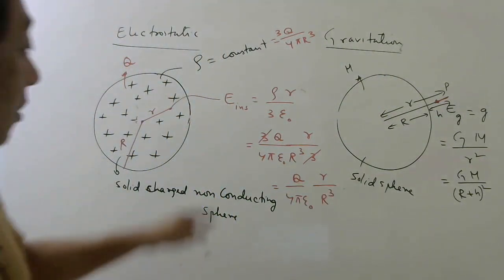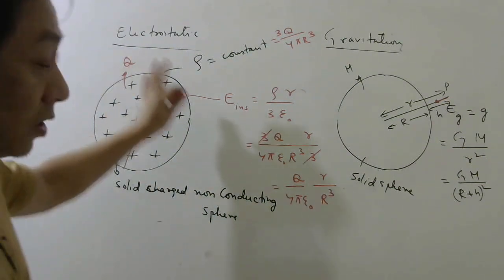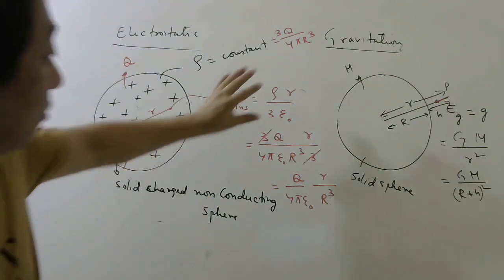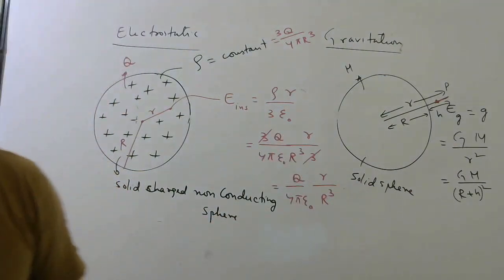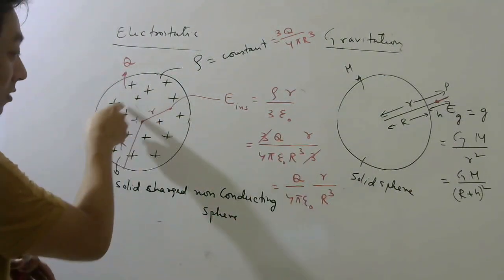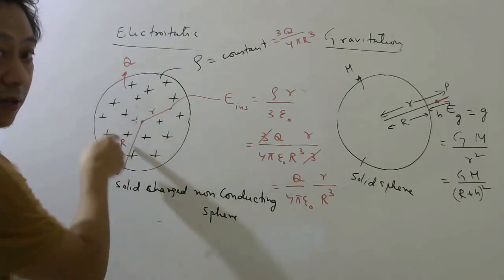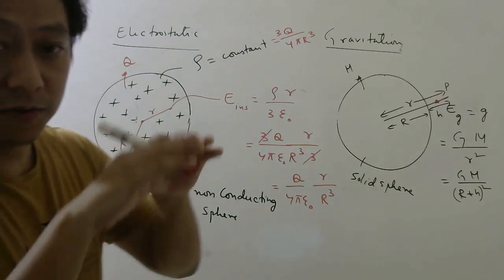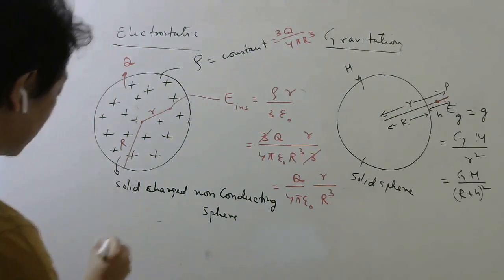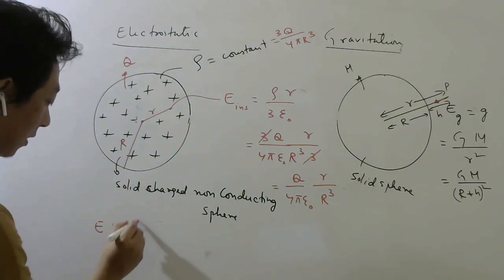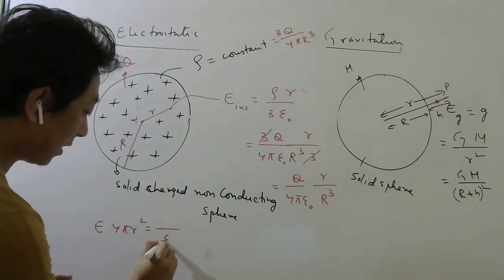So this is the formula for electric field inside, at a distance r from the center, for a solid charged sphere. If you remember this formula, you can write this way, or you can directly try to remember this formula. Again, you can derive this by drawing a Gaussian surface, and then you have to include only the charge in this part. Remember, whenever you apply Gauss law, first you have to construct a Gaussian surface, then calculate the net flux. Net flux will be what? E into 4 pi r square, right?